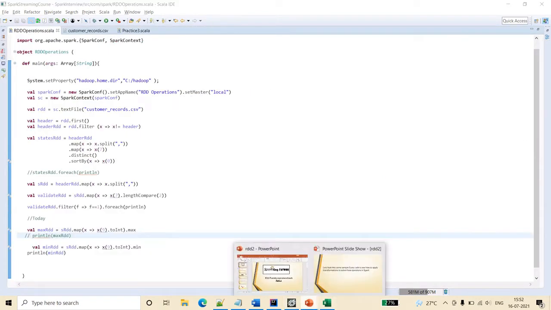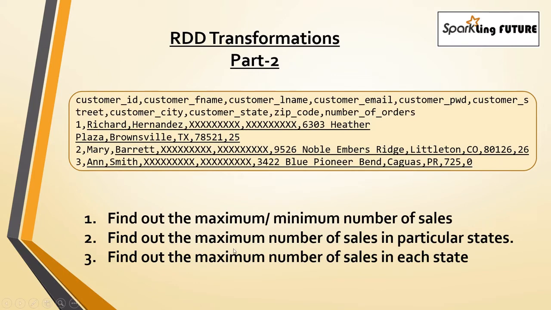Next we will see, so we just checked to find out the maximum or minimum number of sales. It's that easy, friends, to get the maximum and minimum number of anything. In any of the cases they want the greatest number. They might use some other words, but at the end of the day this is how we get the maximum. Even the greatest movie based on the stars. If you wanted to get the most stars for any movie, similarly we can apply similar transformations on top of the RDDs.